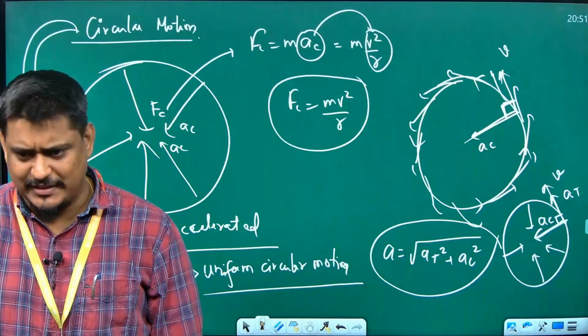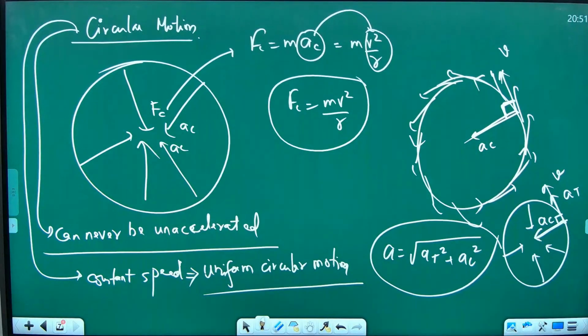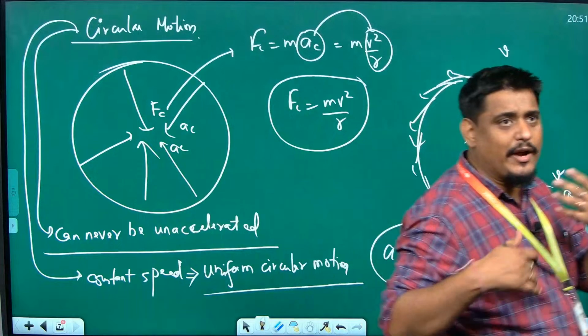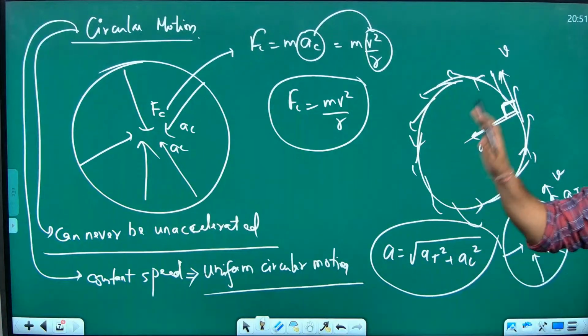Angular acceleration, yeah, same as tangential. Centripetal acceleration, V square by R. Towards the center, force is there, so acceleration will be there. Got it? This basic thing is clear first to you. Then I will go to angular velocity, angular displacement, all these things. Is the basic clear to you?